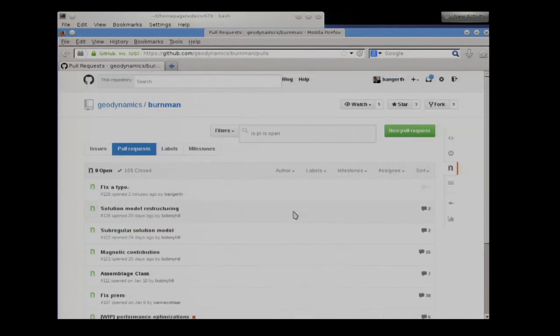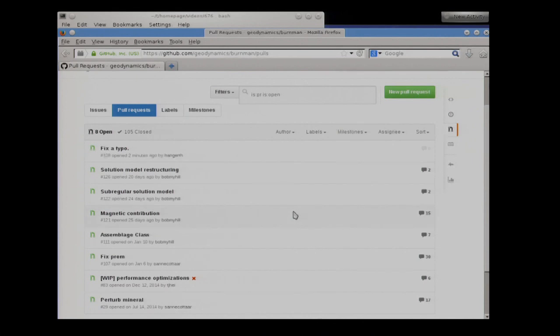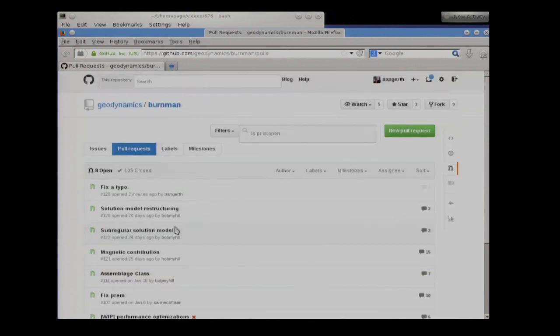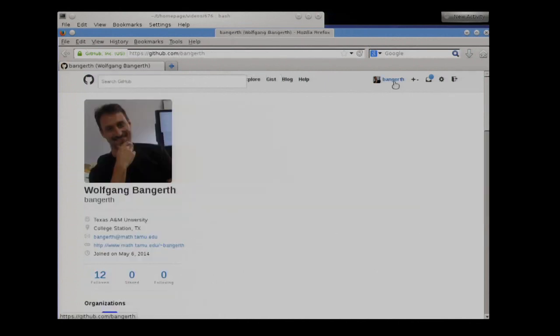you will see that there are a few open pull requests that other people have opened, but that have not been dealt with. So there are some that one of the maintainers of the Burnman project will eventually have to get around to looking at, and then make a decision what should happen with it. I'm not one of the maintainers of the Burnman repository, but I will show you how this looks on the other side. So if I go to my GitHub account,